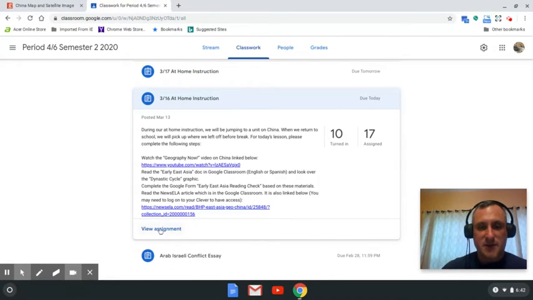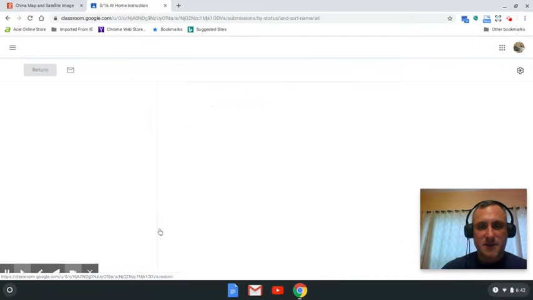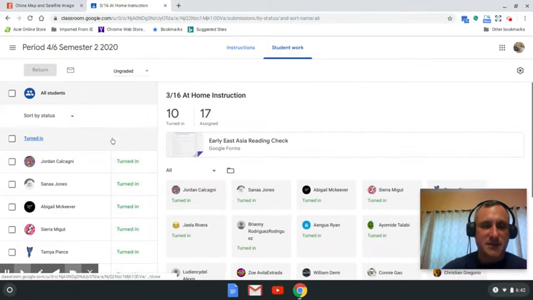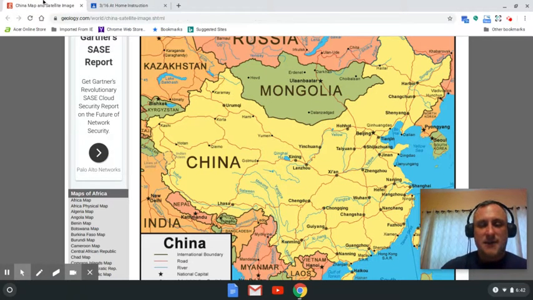So then when they do want to do the work, I don't know if it's going to look the same for me as it is for them. It isn't. So they would click on Turn In, and you can either push Create, if you haven't made it yet, you're going to make a Google Doc, or you can push Turn In, and you already have it. And usually the file is copied for you. You just click on it. But if it doesn't look like it's copying for you, you can always email me or ask me, or you could just push File in the top left and then make a copy for you to use.